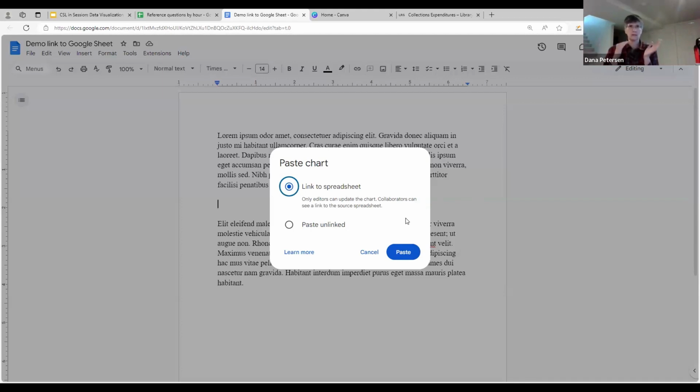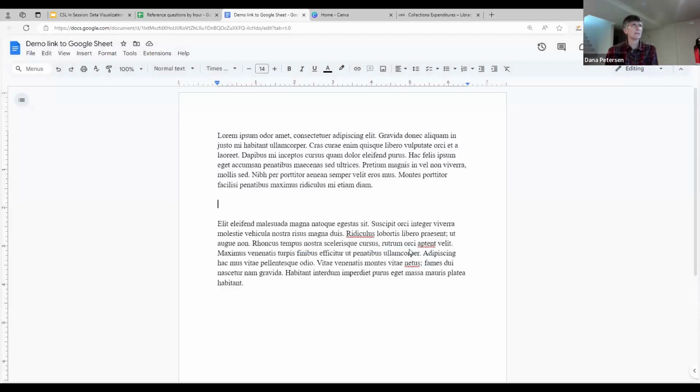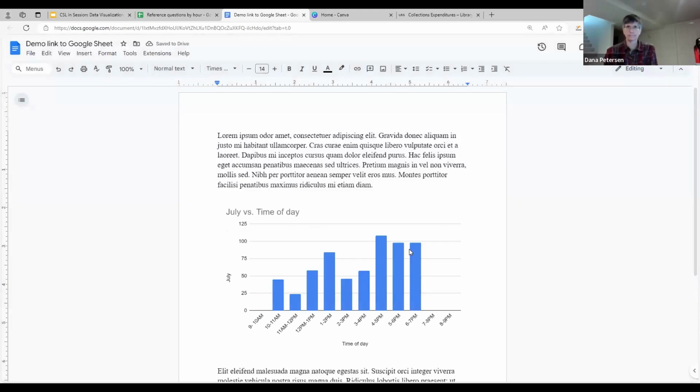So that's a consideration. If you're doing a one-off report that you're not going to update, you can just paste it unlinked and get on with your day. The whole point of this, though, is that we want it to update automatically and keep that data fresh and current. So I'm going to go ahead and paste it and link it. And there's our chart. Easy peasy.